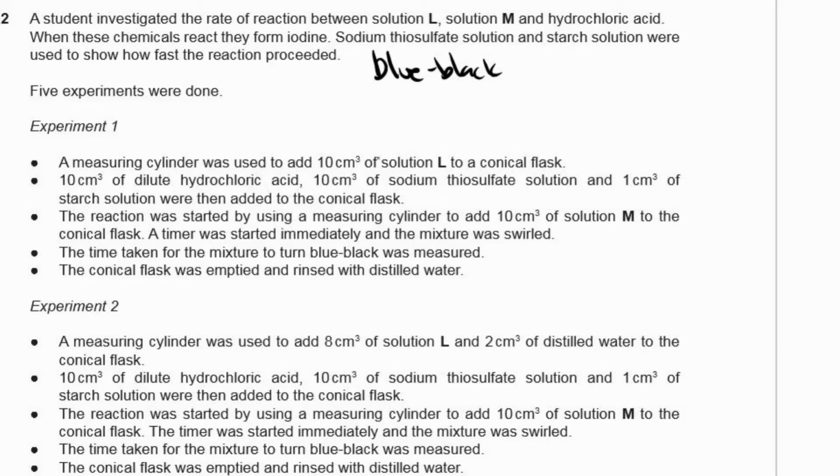So experiment 1. A measuring cylinder was used to add 10 centimeters cubed of solution L to a conical flask. Okay, so what do we have here? We have a conical flask. All right, and we add 10 centimeters cubed of L. Okay, we then add 10 centimeters cubed of dilute hydrochloric acid. Okay, so 10 centimeters cubed of HCl. All right, 10 centimeters cubed of sodium thiosulfate,